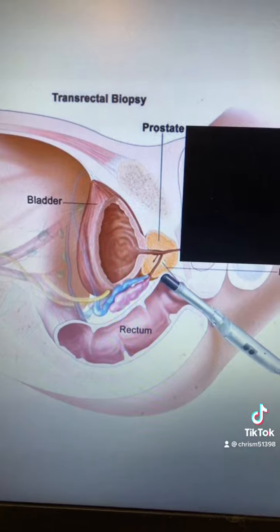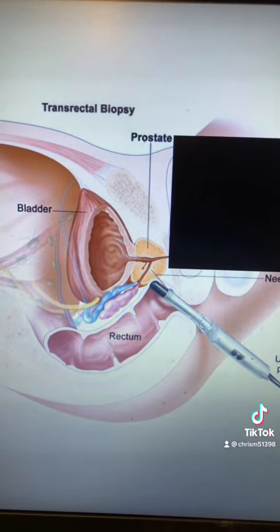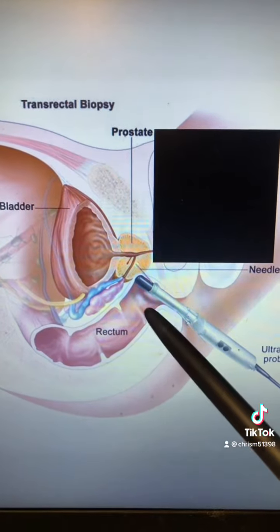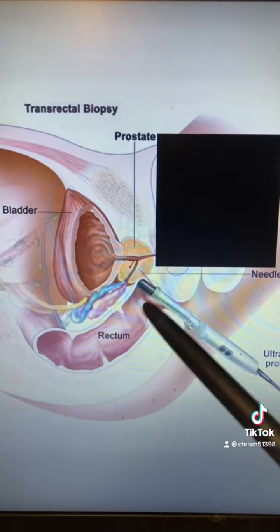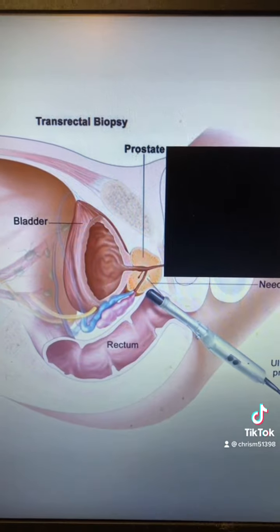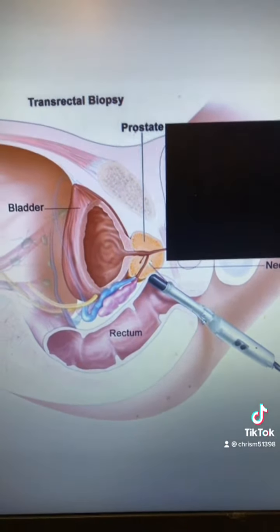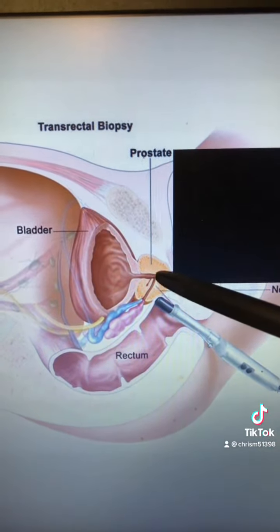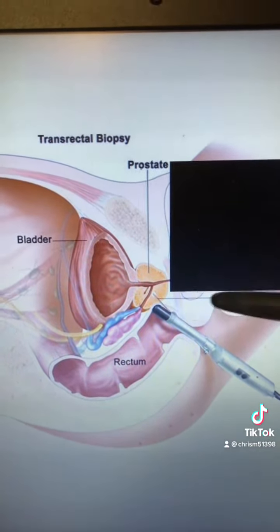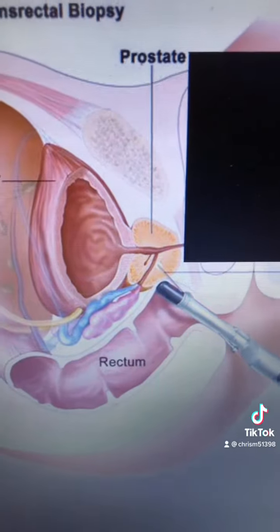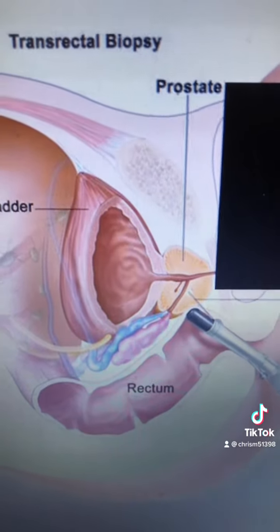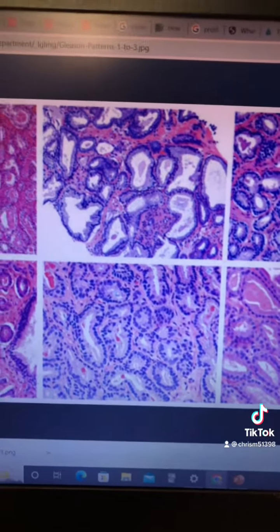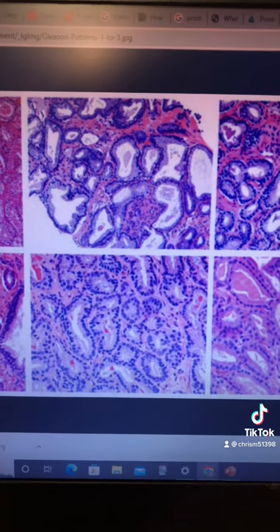What this image is showing is an ultrasound-guided transrectal biopsy of the prostate. Right here is an ultrasound probe, and what that probe is doing is shooting sound waves in real time up against the prostate. That way the urologist can see what he or she is doing. Using the images from the ultrasound probe, the urologist will use a needle to grab little tiny samples in different areas of the prostate. Typically, a urologist might try to get 12 different samples in 12 different areas of the prostate using the needle. These tiny pieces of prostate tissue are then sent to a pathologist, and then they'll prep